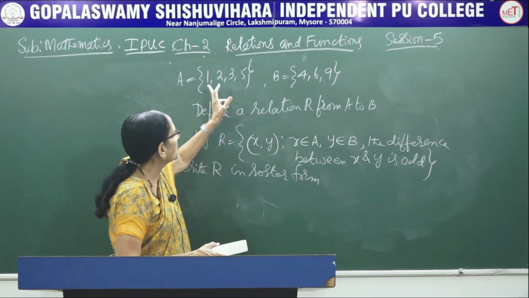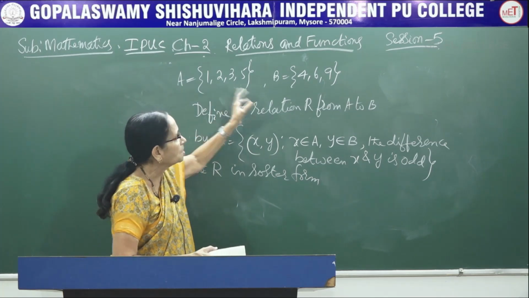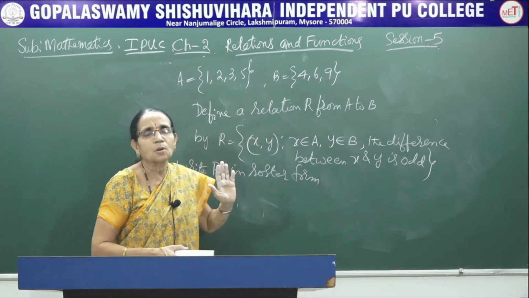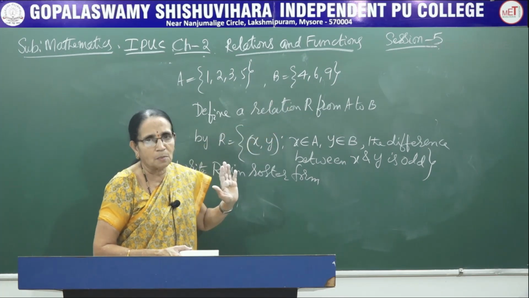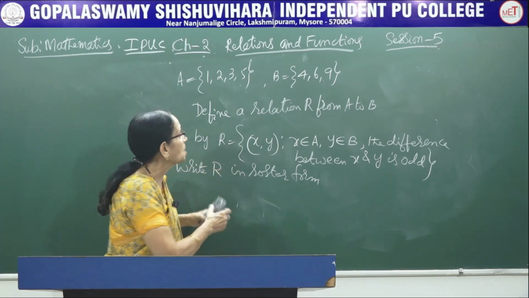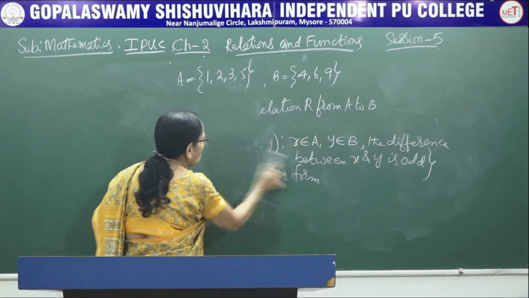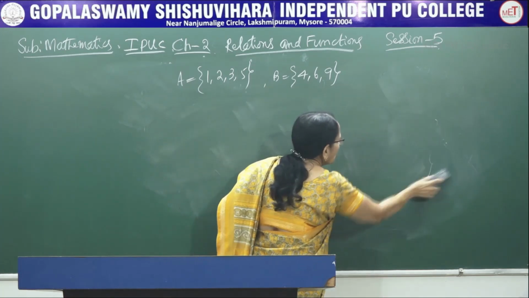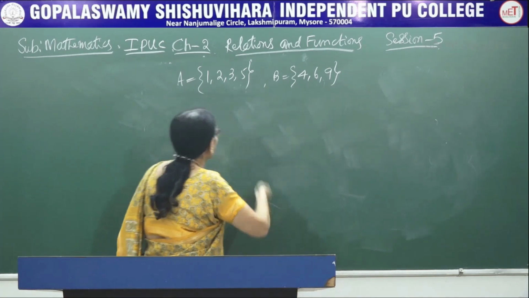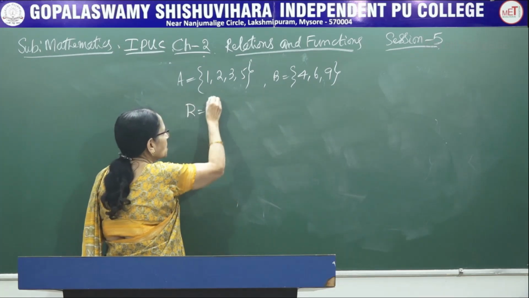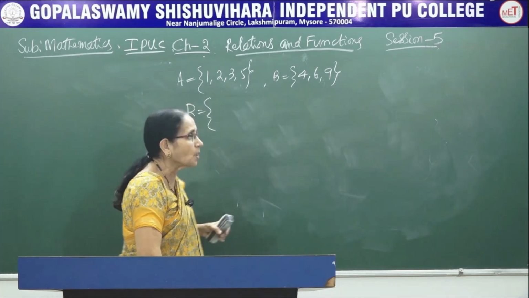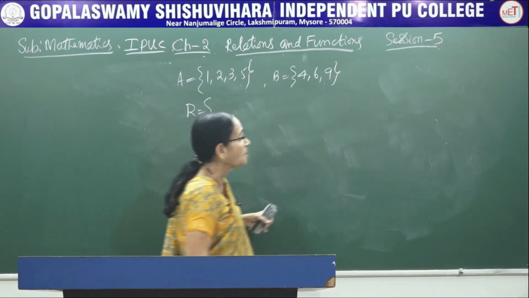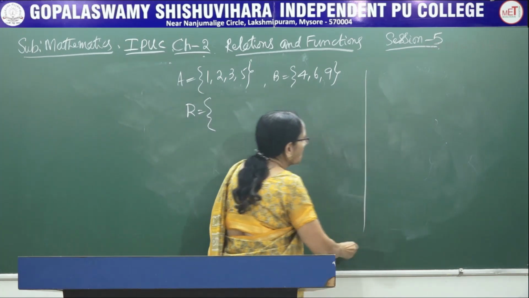Therefore, take each element of A with each element of the second set and see whether you get an even number or odd number. If you get an odd number, then you write it in the roster form. Otherwise, you just leave it. Now, I will tell you how to solve the problem. Directly you can write, or else, if you find it difficult to write the answer directly, in the working column we will take it like this.